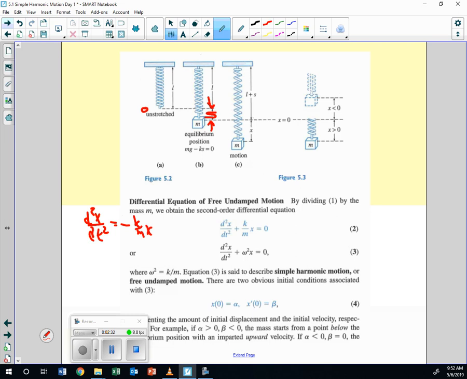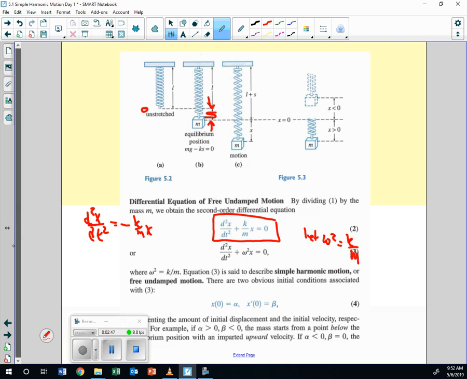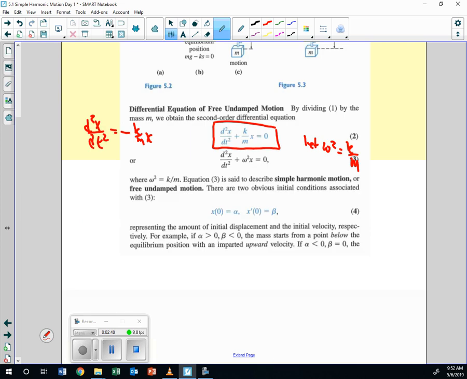Well, if you move that over, you can see where this comes from. And then if you let omega squared, it's just a symbol, a variable we're going to use to substitute k over m. Then you'll have a second degree differential equation that we'll be able to solve, just like we had